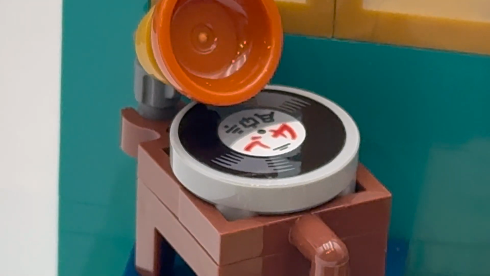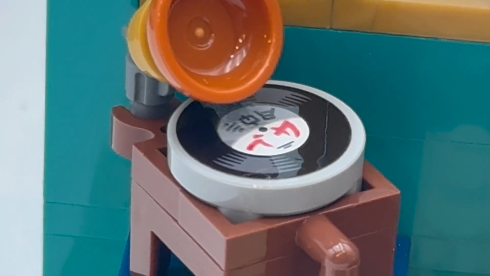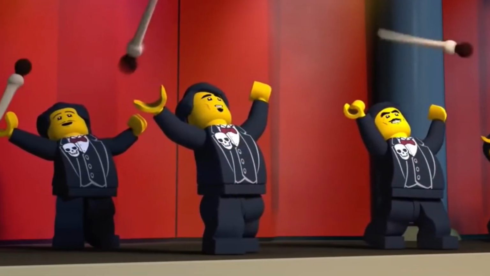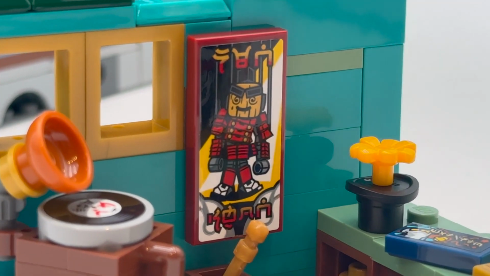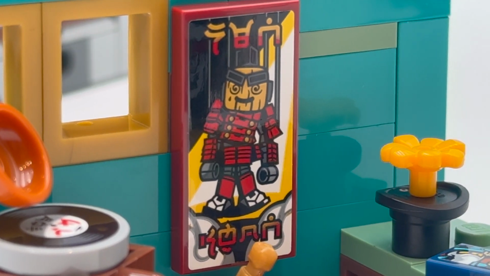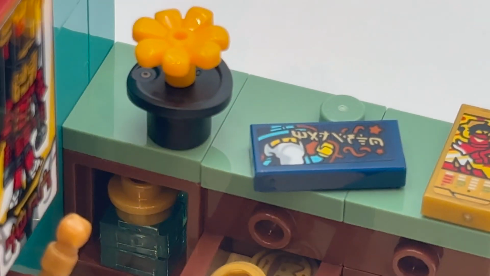The vinyl record here reads The RB, which is of course a reference to the Royal Blacksmiths, the famous musician group of which Cole's father is a member, Lau. Over here is a poster featuring Dorama's puppet, which is looking a lot more accurate to the TV show, reading New Show. And on the inside, there's a nice little reference to one of the original LEGO Castle Wizards, Magisto